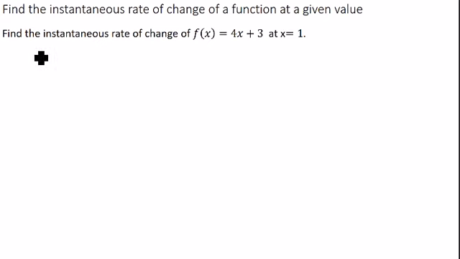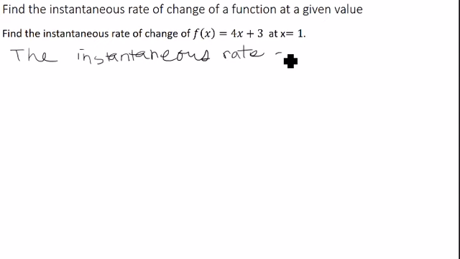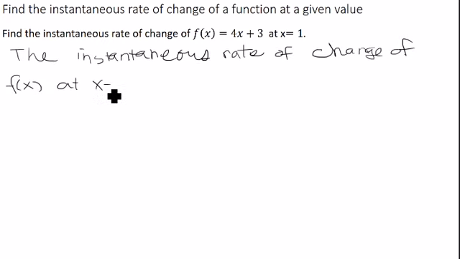The instantaneous rate of change of f of x at x equals a, and we have a notation for this, so we denote this by f prime of a, which is given by